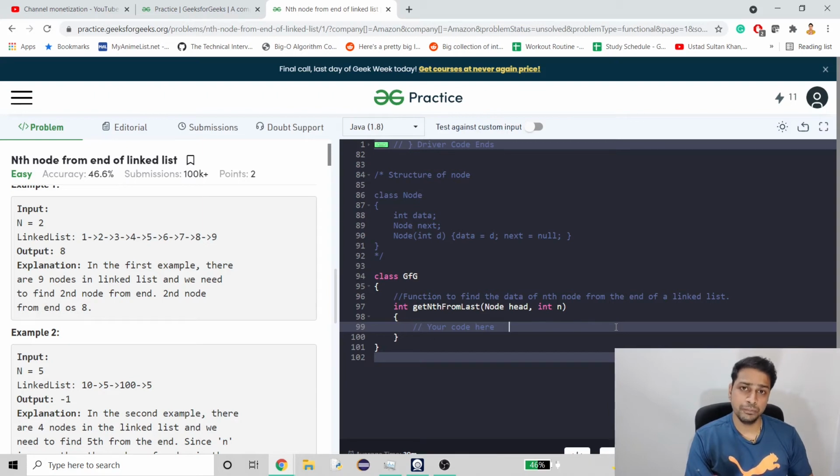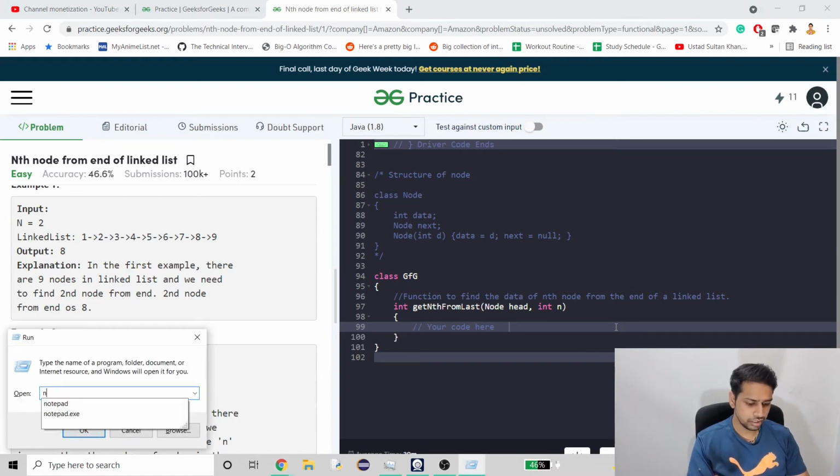So here I'm going to do a similar thing to what we have just done, but here we are going to use 2 pointers, and these 2 pointers are going to do the exact calculation that we did earlier, which means length minus n plus 1. So let me write down the code, or I can explain right now.